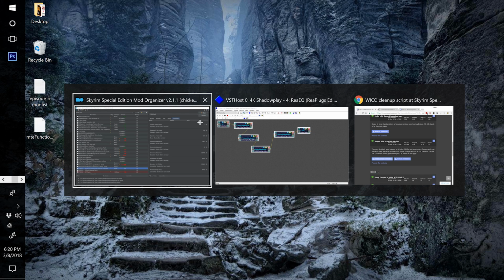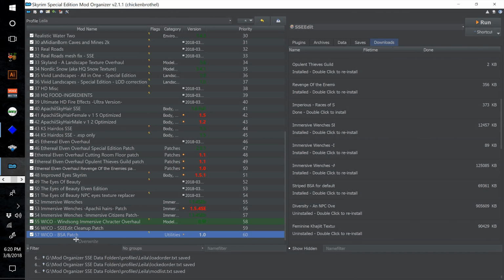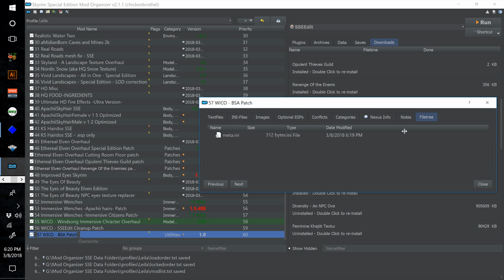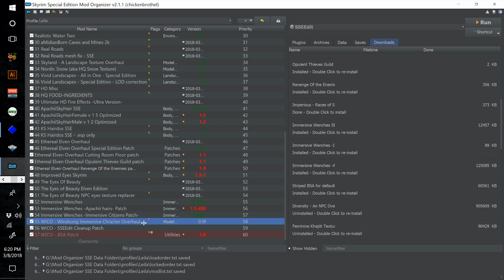Now you'll notice when you go back into Mod Organizer that this WICO BSA patch now has nothing in it except a meta.ini file. And if you hover over it now, it'll say contains no ESP, ESM, ESL, and no